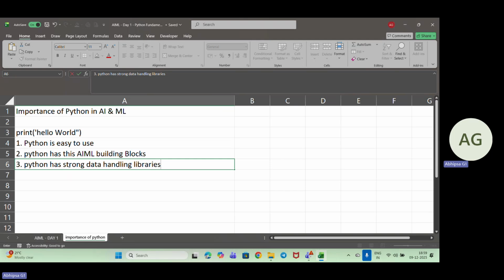Python gives some special tools like pandas, NumPy, Matplotlib, Seaborn, Plotly. These libraries help in understanding the data first. When we have any dataset, understanding it is our prime concern, right? What exactly is inside our dataset? What do the attributes tell about the dataset? What are the rows that we have inside the dataset?